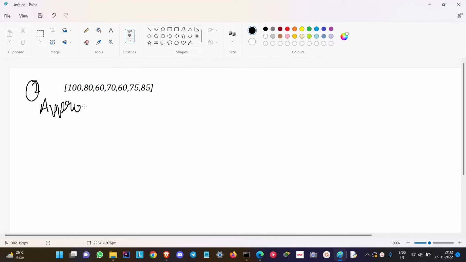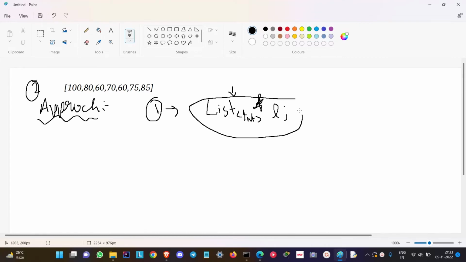How are we going to approach this? The first approach that comes to everyone's mind is to create a list, an integer list, and each time during the constructor call, when we get the function call next with a price as parameter, we'll be adding to the list. Initially our list will be empty, right? So we'll add 100, and we'll find the span, that is, each time we'll move to left,